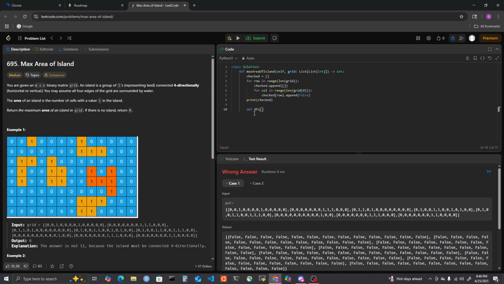Okay, so then I'm going to take in row and column, and I'm going to make it return an integer. So, if row is, you know what,